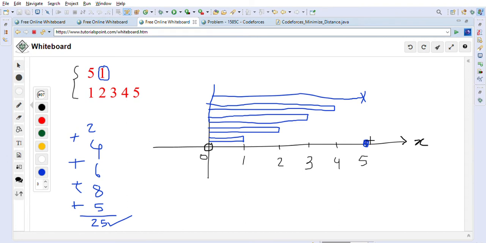We have to keep it at the end so that the last bag we will deliver there, so we don't have to walk back from that point, because that is the farthest point from the origin. So that is the approach we are going to take. In whatever order this is given, we will first have to sort it. Always we have to sort it so that we can visit this farthest point at the last, so that we don't have to come back to the origin. Because our goal is to minimize the distance that we are walking. So this is one example.